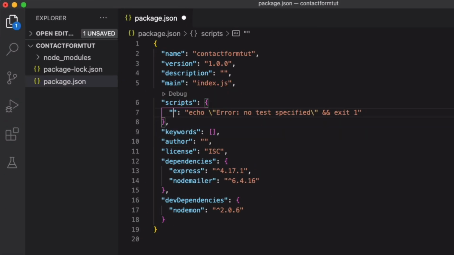So if we just say dev here, then when we trigger this dev script, it's going to run the following command, which is nodemon server.js. Now we're going to create this server.js file in a second, but this nodemon is what we installed as a dev dependency, and this is what we're going to be using in development mode, just so our server refreshes